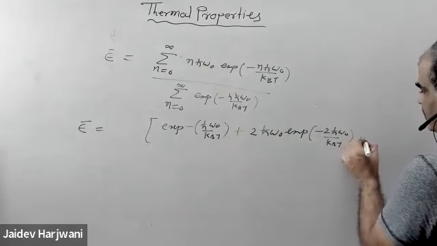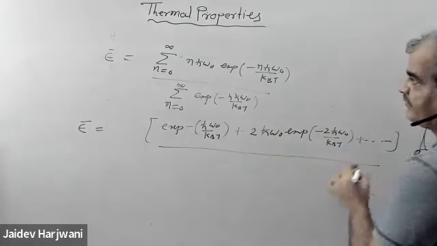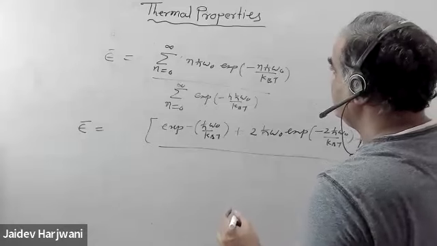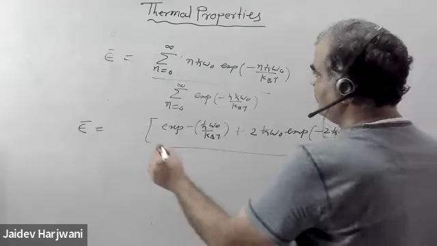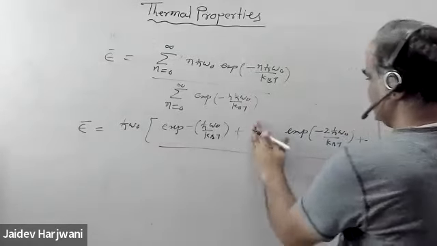Then so on, keep on opening like this. First term also has h cut omega naught, so put 1 there. Take h cut omega naught common from all of them. So this becomes 2